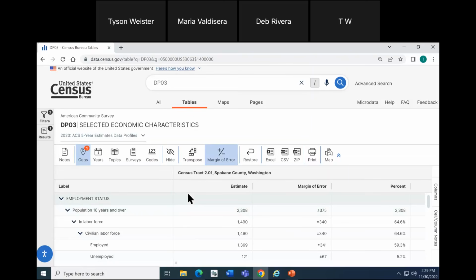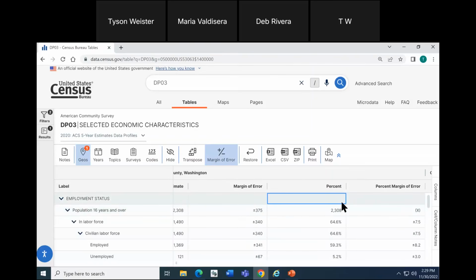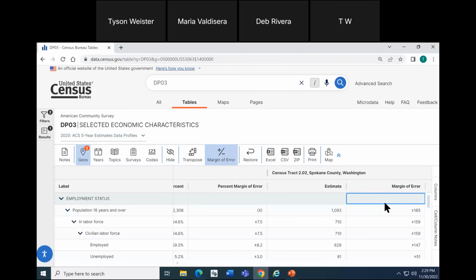Looking at the columns of the table, we see our first geography, census tract 2.01. There's a column for the estimate, corresponding margin of error, a third column for percent, and a fourth column, percent margin of error. As we scroll across, we see the data for our remaining census tracts side by side.